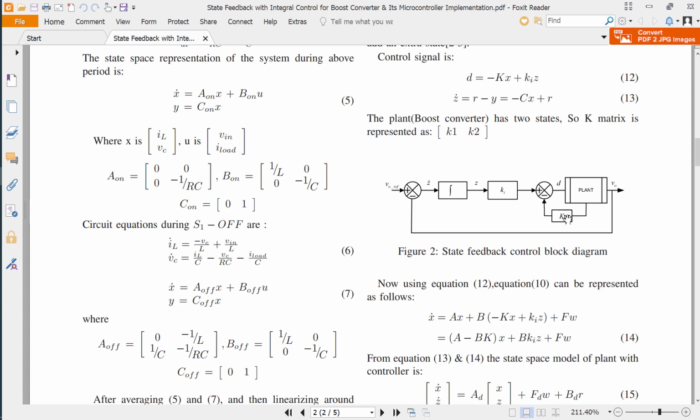The state feedback control is used to improve the system performance, the rise time and the settling time, to get a good settling time and rise time or system response. And this integral control is used to eliminate the steady state error, so the system will reach the set point or the reference here.